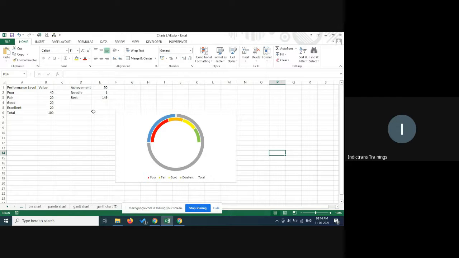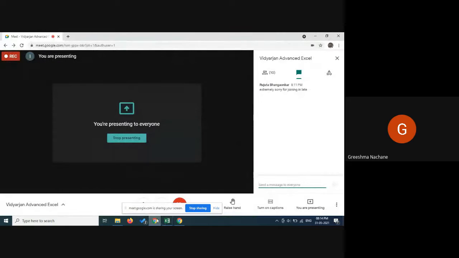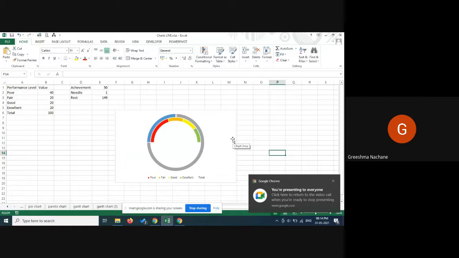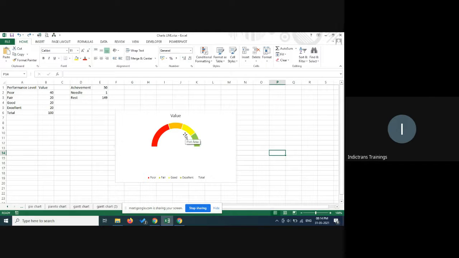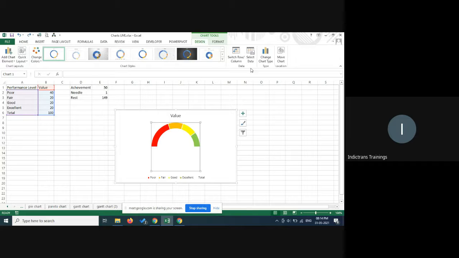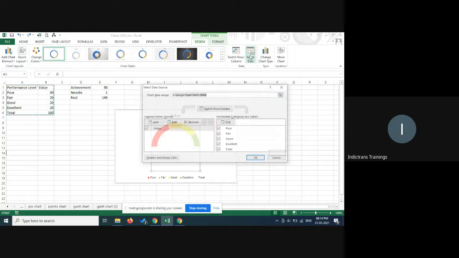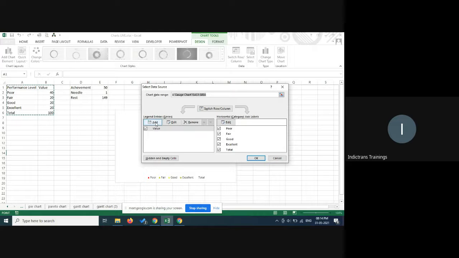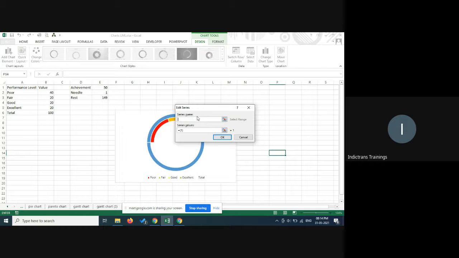Hi, sir. Can you repeat that, the last step? And yes, I was following you, so I kept changing the tabs. No problem. So we reached here at this point. At this point, I just go ahead and select data. I click on select data, and then I add a series. When I add a series, it asks for series name. So I just mention D1, which is achievement, as a series name. And then for series values, I take these three values, 51 and 140. And I just say okay.